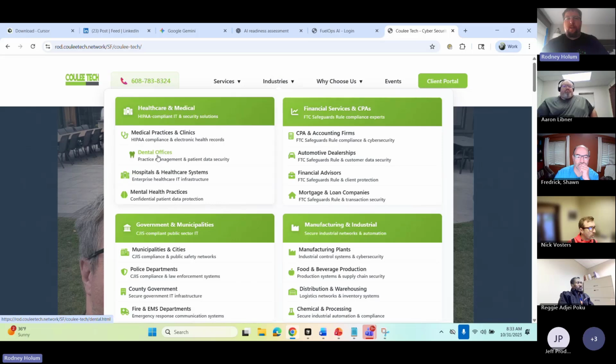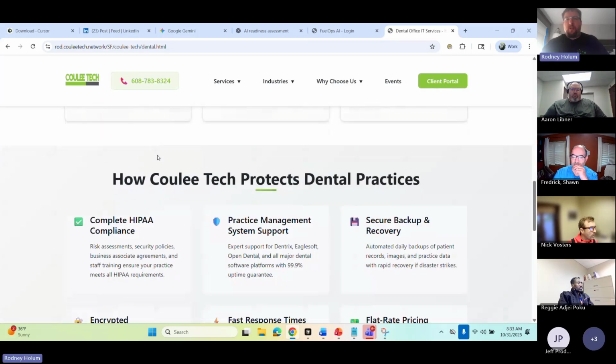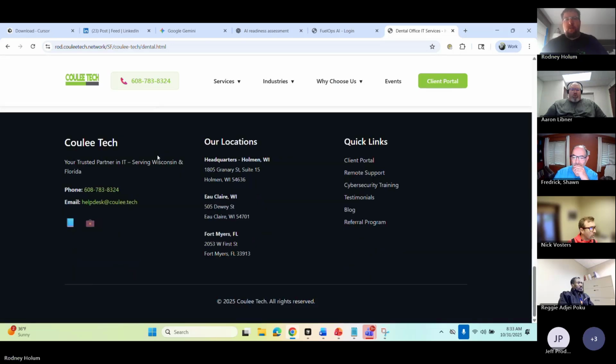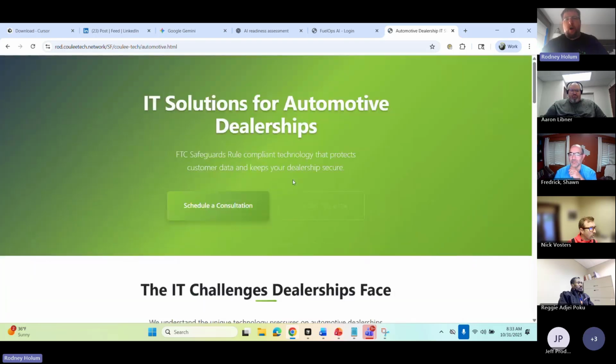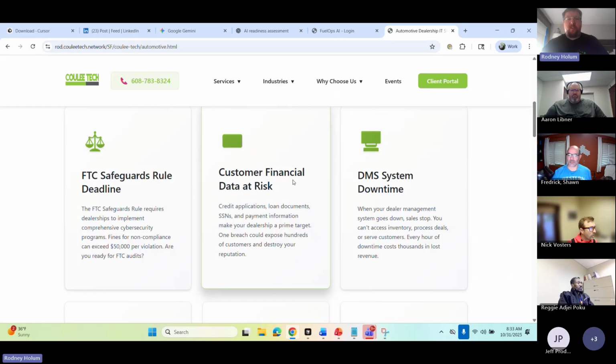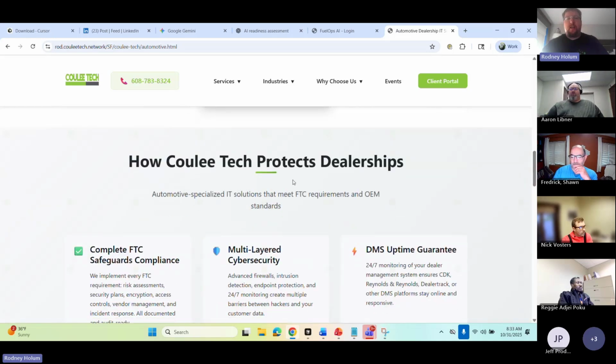So we'll build out the different subpages associated to this and talk about the different aspects of that as a whole. And each one of these industries then gets text that's highly specialized. Like auto dealerships, the new FTC Safeguards Rule puts them at the same level as banking because they collect customer information for loans. And so they have the sensitive information that banks have, and now they have to be secured at that level.